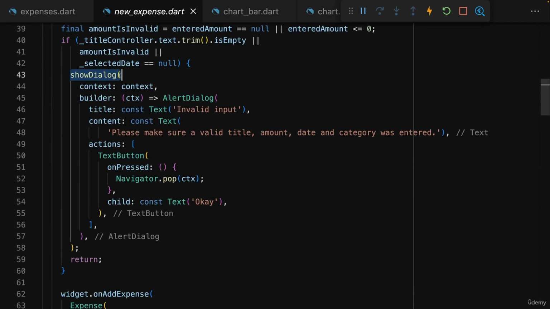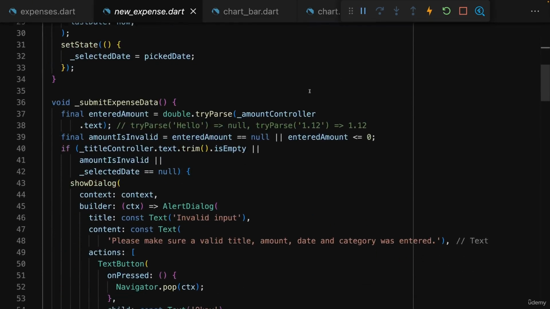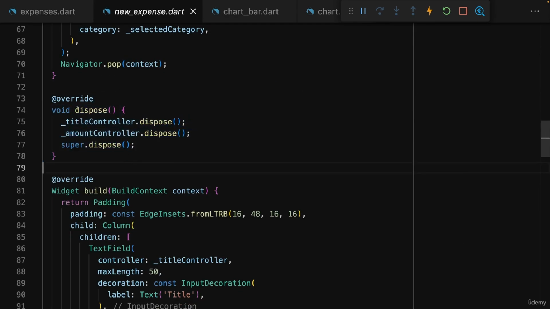We learned how we can show a dialog, and along the way we learned that this context object is important for all these methods since it carries some meta information about a widget and the widget's relation to other widgets that are required by Flutter to show all these extra elements. You learned how you can handle user input with text editing controllers, or by manually storing the input values as we're doing it here for a selected date and selected category. You learned that if you're using text editing controller, you also must dispose of it with help of the built-in dispose method into which you can hook to make sure that the memory for these controllers is freed up as